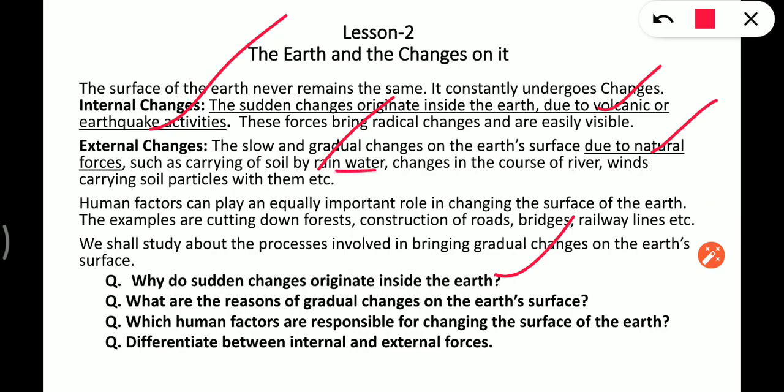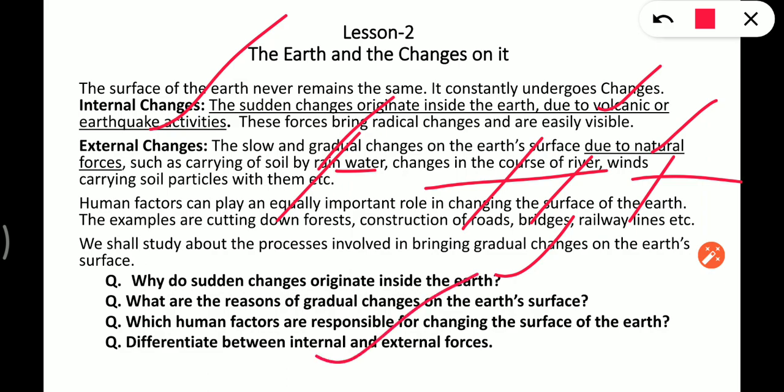You can simply write rainwater. Change in the course of river, winds. Okay, these are the causes. Winds carrying soil particles. Now next, which human factors are responsible for changing the surface of the earth? So they are cutting down trees, construction of roads, bridges, railway lines, etc. Right? Next we have